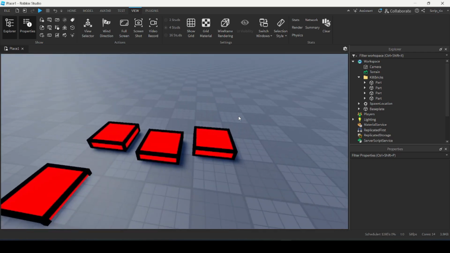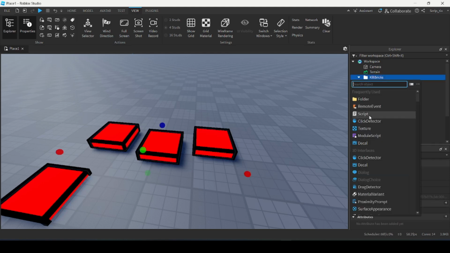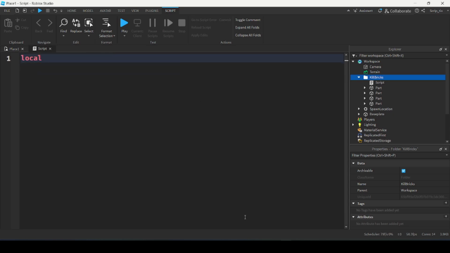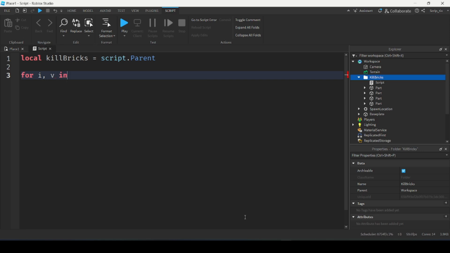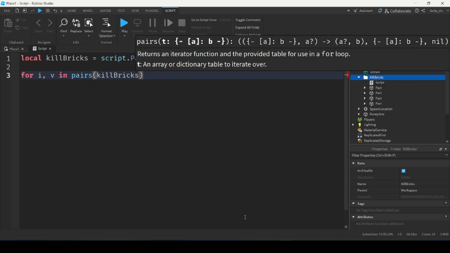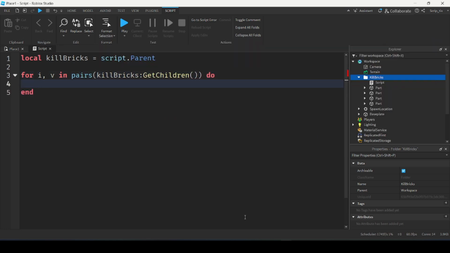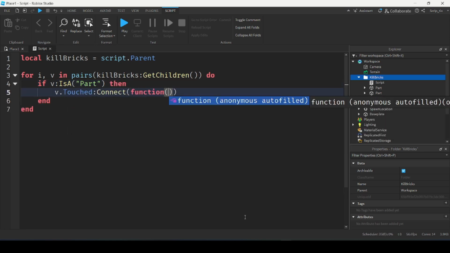Now we don't want 4 scripts because that's messy, so we can handle it by inserting just 1 script. Inside the folder, we're going to insert a script. We're going to get the KillBricks folder by doing local killBricks = script.Parent. And we're going to create a for loop which will iterate through all of the parts inside the folder. So for i, v in pairs(killBricks:GetChildren()) do, if v is a part, then